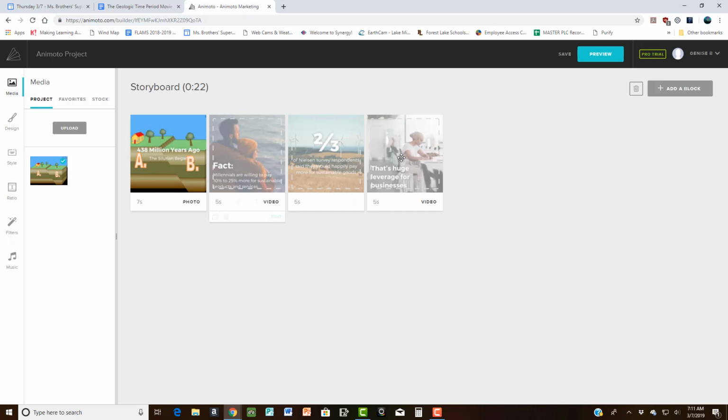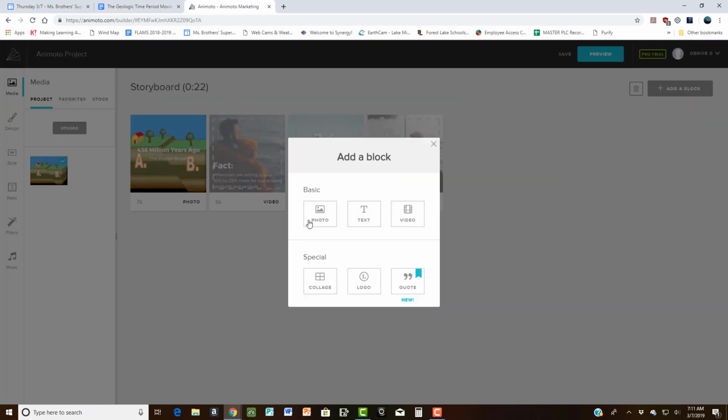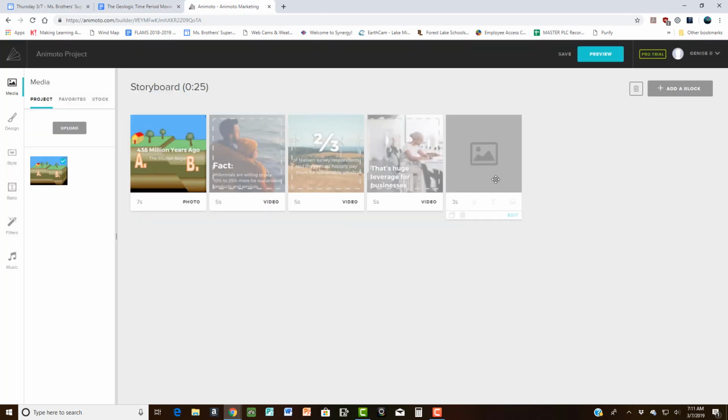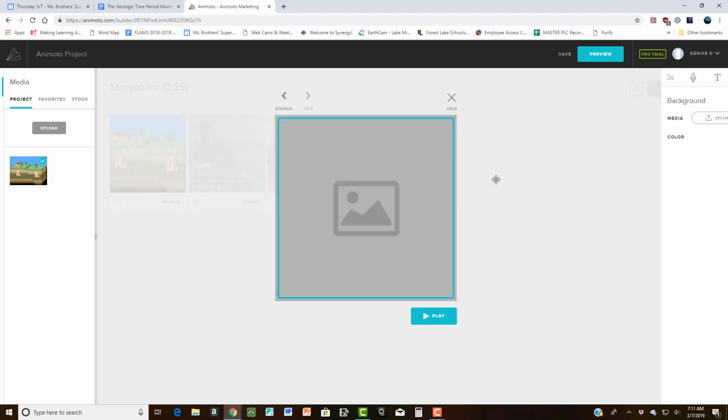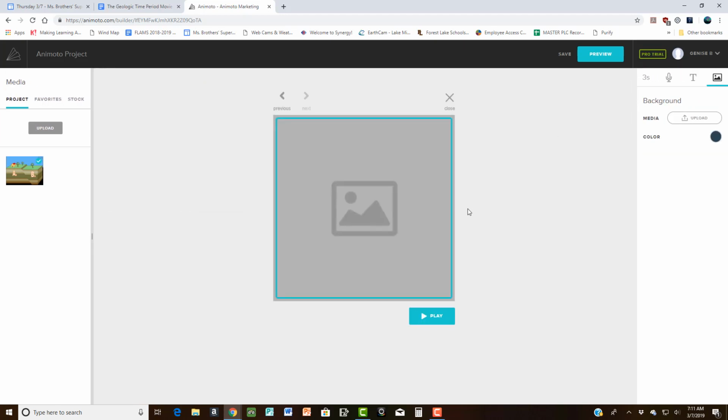Now, let's say there's not enough of these blocks or these slides for you to work with. You just go over here to add a block, pick which kind of block you want. Let's say you choose a photo block, and there it is. And then you can edit it, and again you can put in